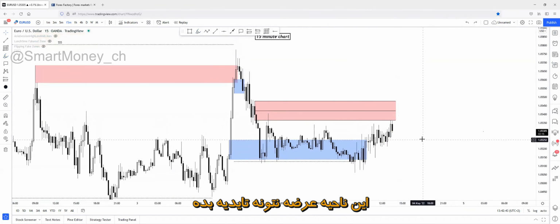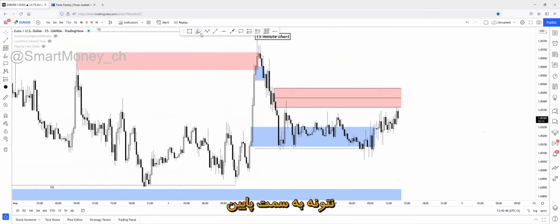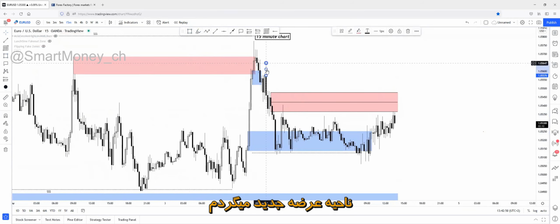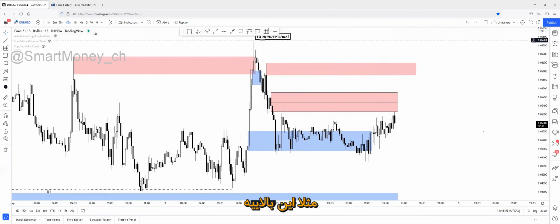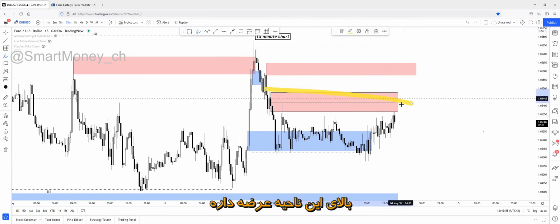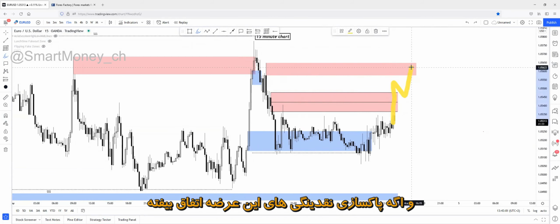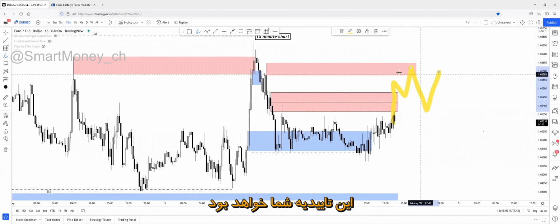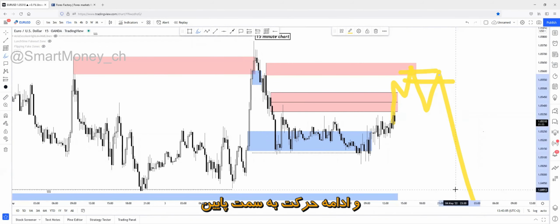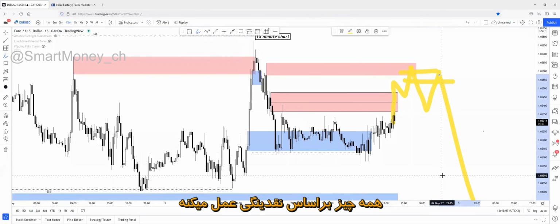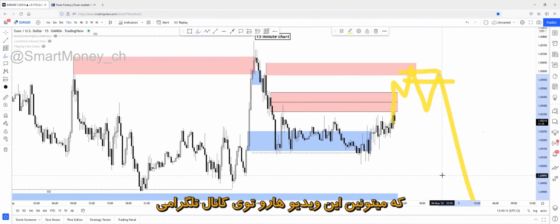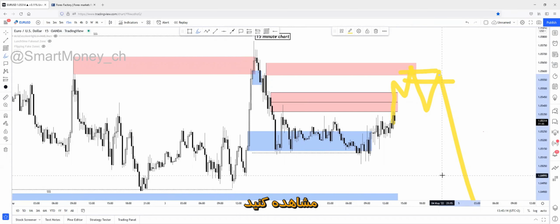But if this supply zone can't give enough confirmation, can't create a change of character to the downside, I'll be looking for new supply zones, for example, like this on the upside. Because if this supply zone can't reverse price, then price needs more liquidity on the upside too. So it needs more liquidity from above this supply zone. And if the sweep of this supply zone happens and the tap of this supply zone happens, there will be a confirmation and continuation to the downside. Everything moves around liquidity. But if you're confused about liquidity, I've created several webinars about it. Please watch the pre-recorded webinars in the Telegram channel.